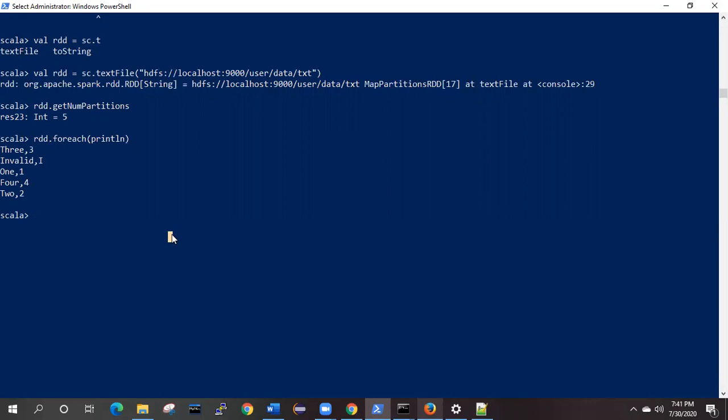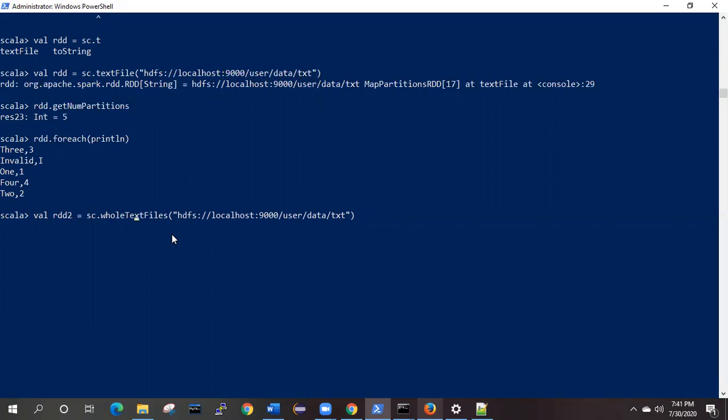Now we will see what actually is the difference in the wholeTextFiles method. Same example, now I am going to modify it, and I will give this name as RDD2.